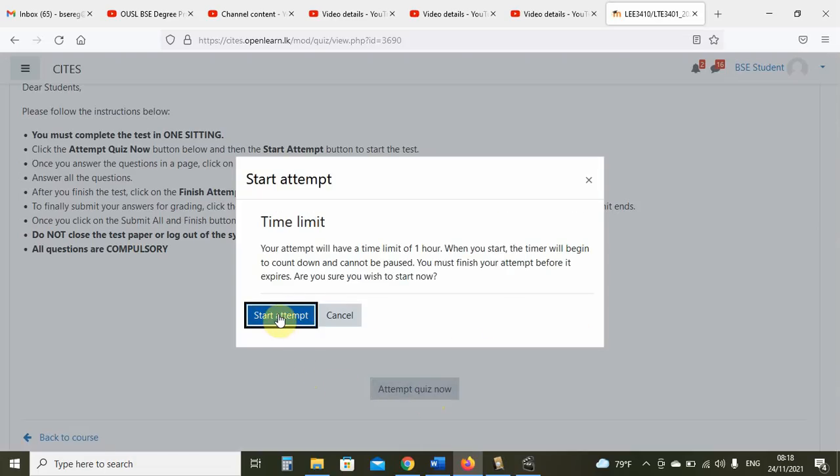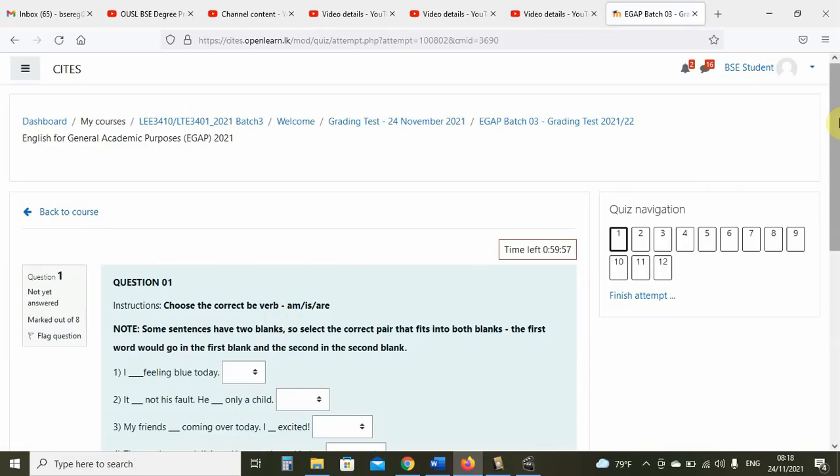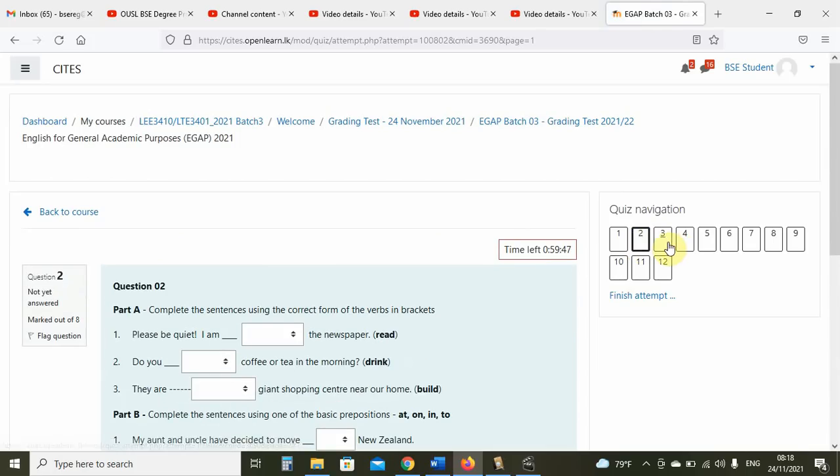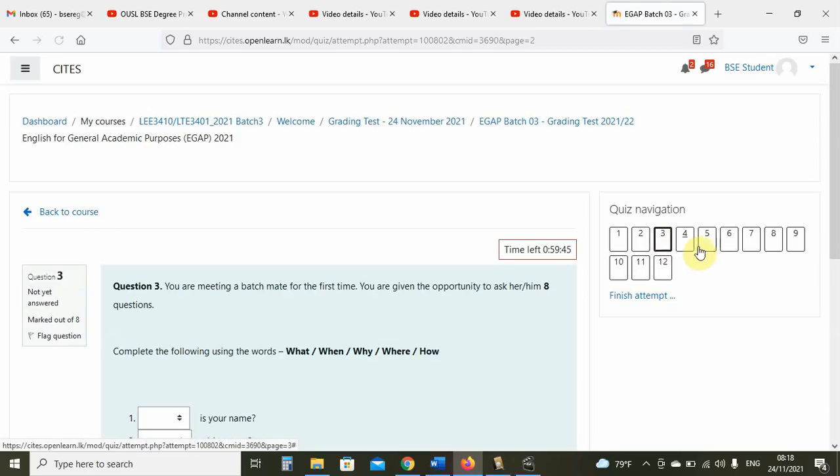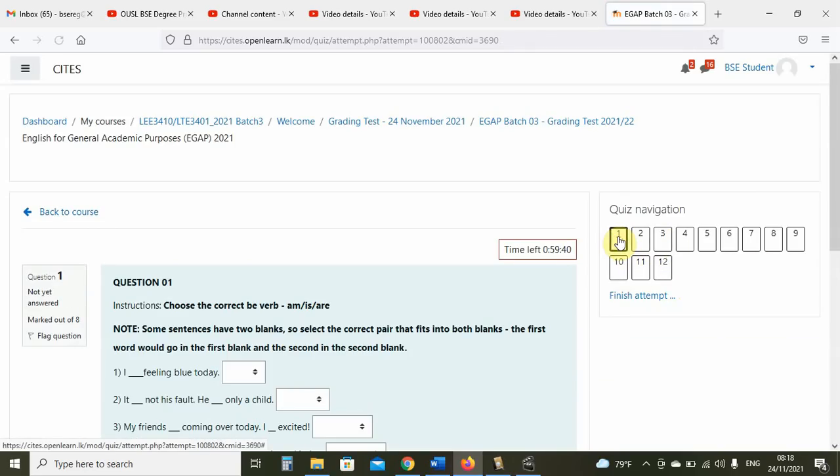Once you start the attempt, you will see the questions. You see your timer is clicking down already, and there are several pages in this test. You can go from page to page up to 12 pages. So you have to do this quickly. And the questions are multiple choice.